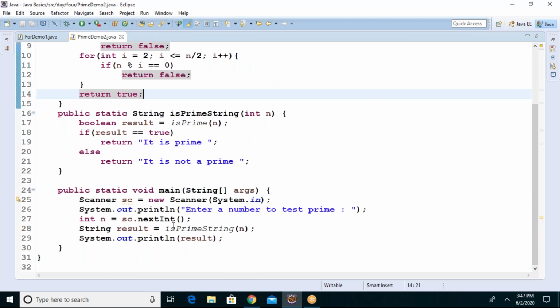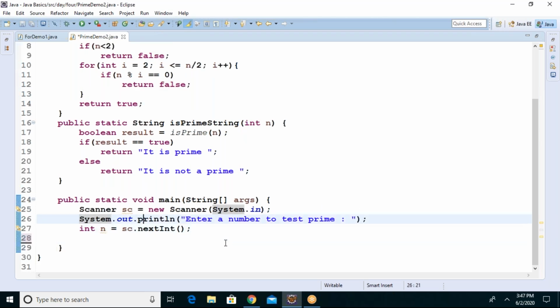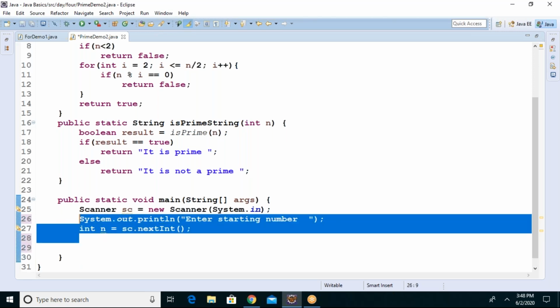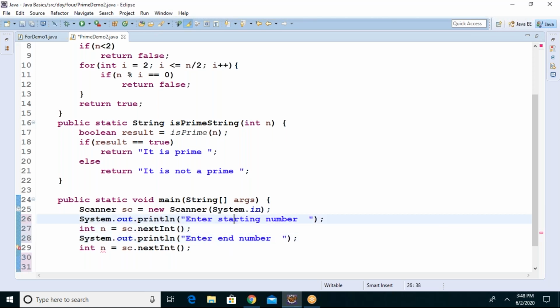Now I don't want to test whether a number is prime or not. I want to enter the starting number, and similarly enter the ending number.